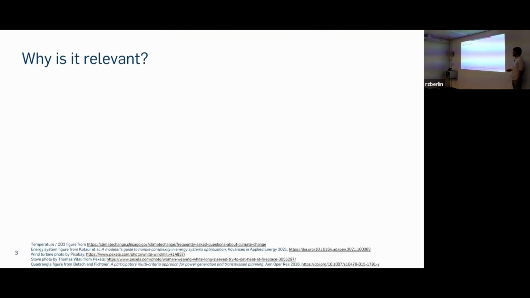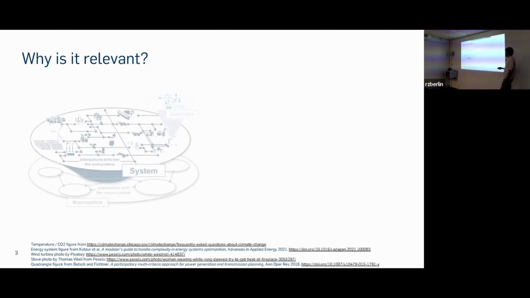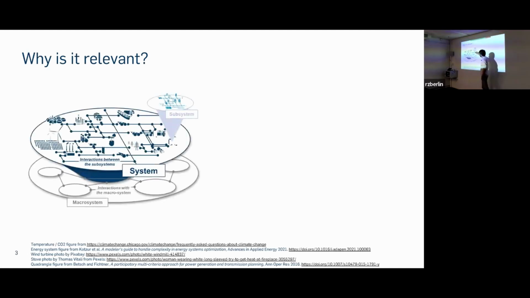Why is that topic relevant at all? I think you all know that climate change is happening, and in order to mitigate that, we need the energy transition. But because the energy transition is extremely complex, we do need decision support. And on the one hand, we have a rather technical complexity because energy systems are large and highly interconnected, involving many different subsystems. And their energy system models are really a useful tool to support decision-making from a rather technical